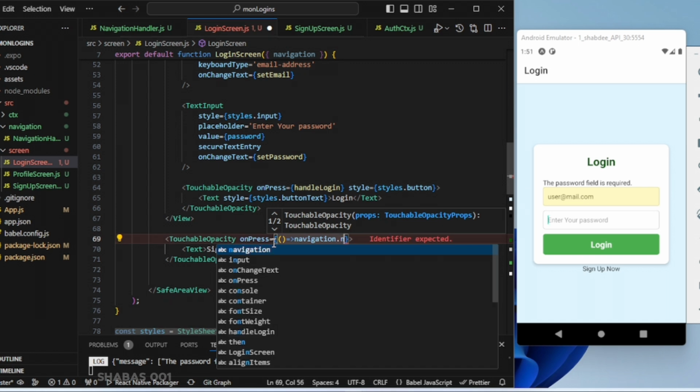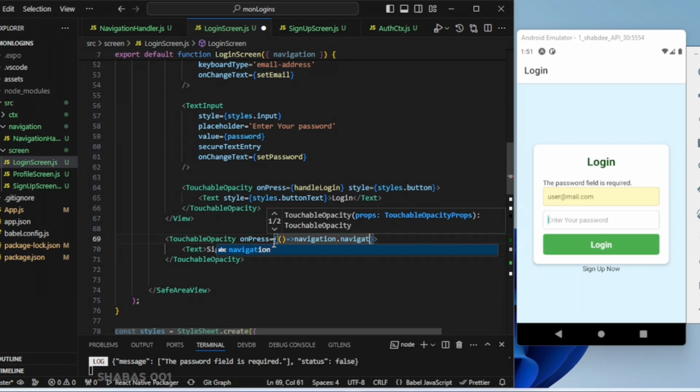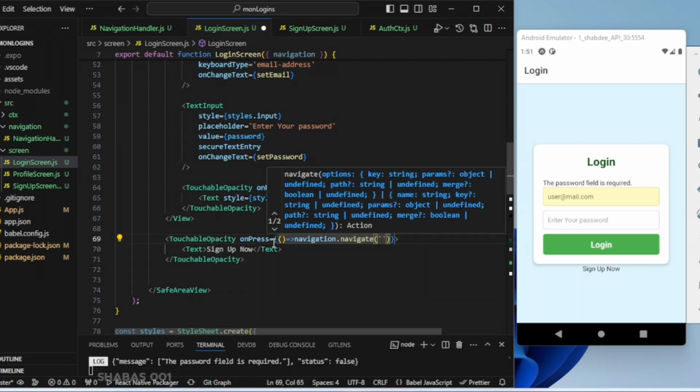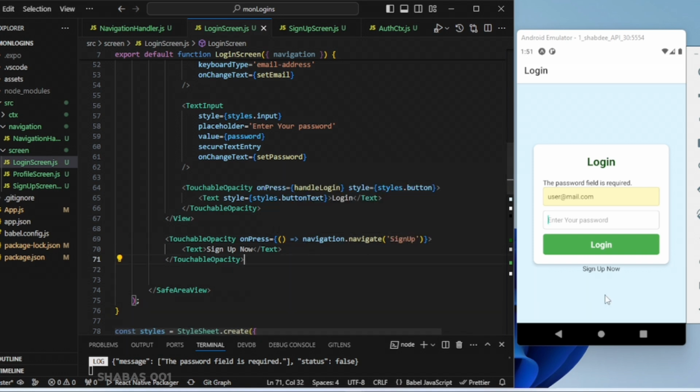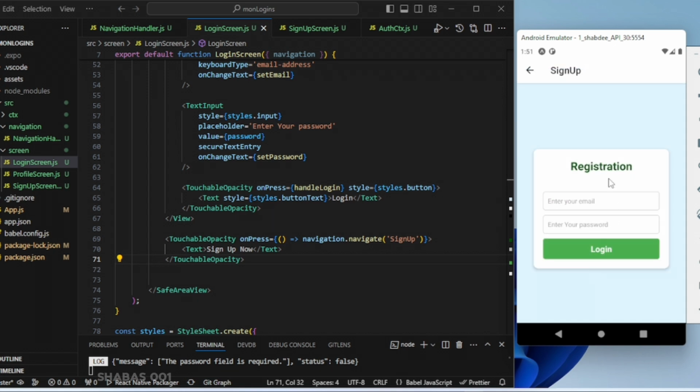Navigate. I will now put the name of the screen, which I call sign up screen. Now if I click this, it will take me to the registration screen. Okay,